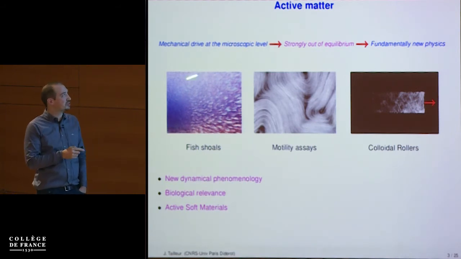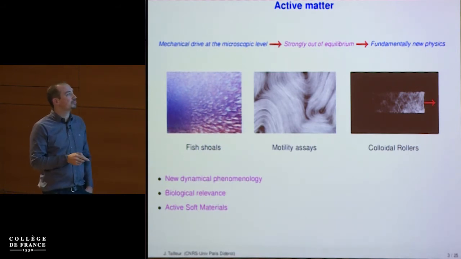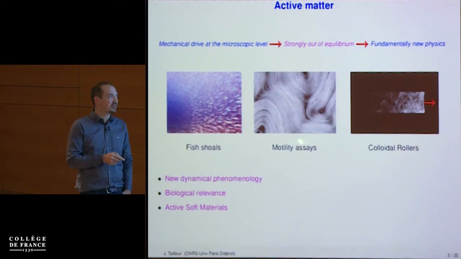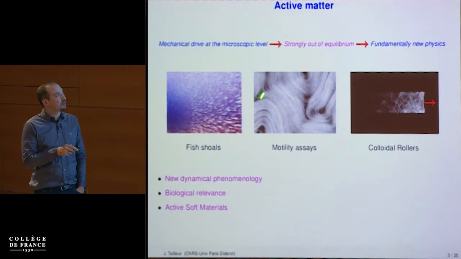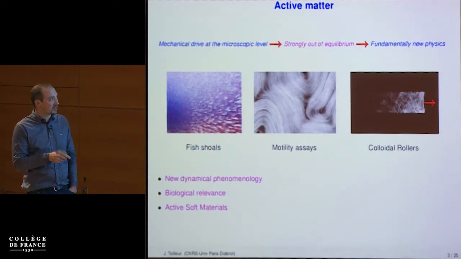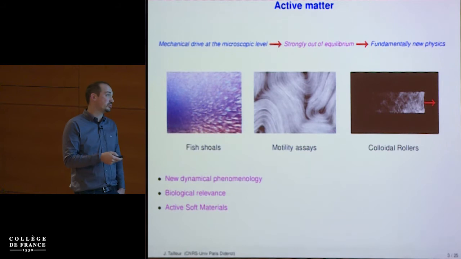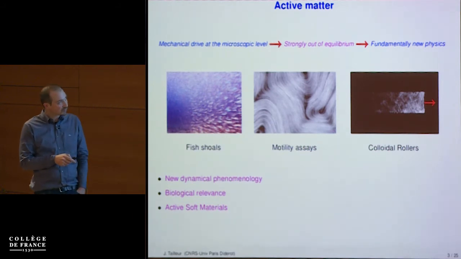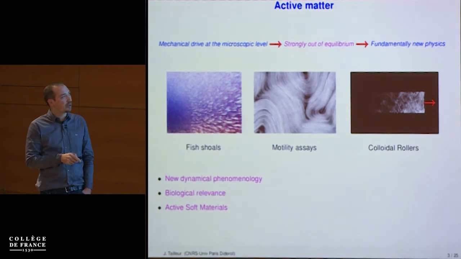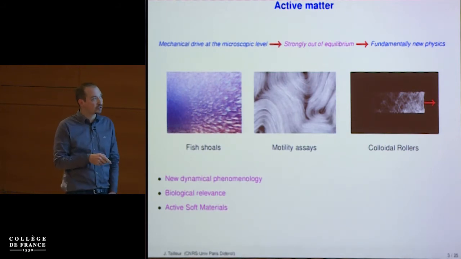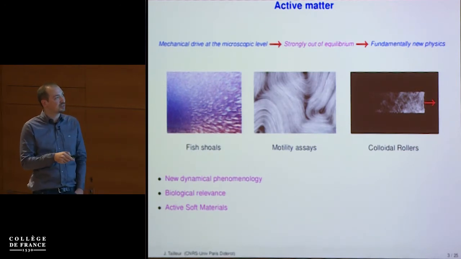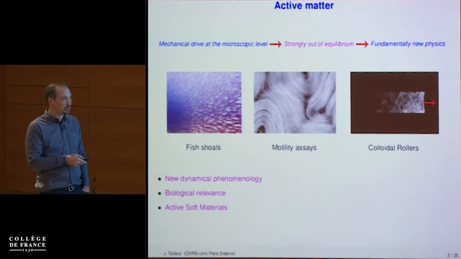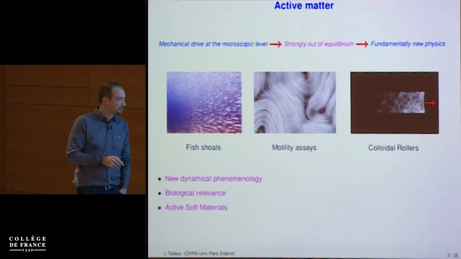So you can have the collective motion of fish shoals. People have done dense motility assays of microtubule filaments, which make a kind of local nematic order, but with tons of defects, which in addition are motile, which is something that we don't see in equilibrium. And you also have, Denis Barthelot will come next week and speak about the propagation of colloidal flux. So again, this time it's synthetic particles made of lots of small beads that are traveling together, something that would be impossible in equilibrium.